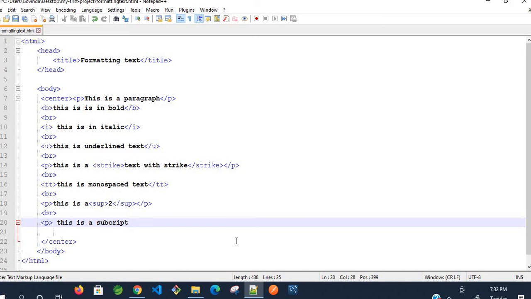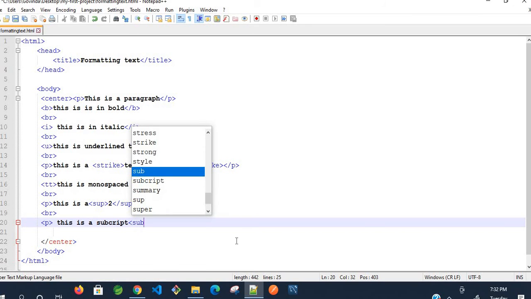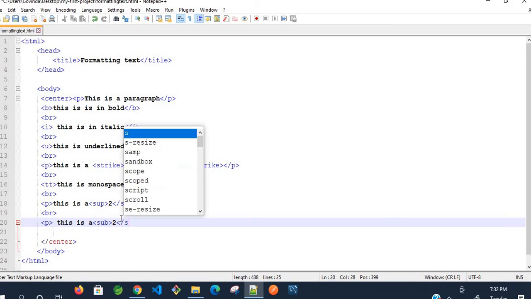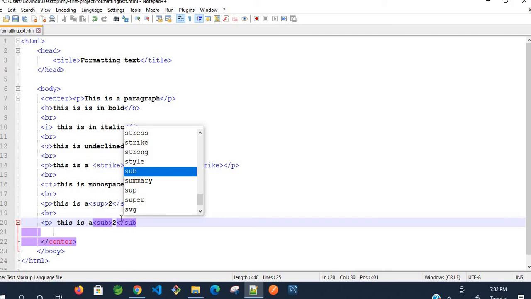Okay, here in the subscript what I want to give as 2, the same 2 I want to display here. I will remove this text, this word, so that we'll get the difference between superscript and subscript. Just close the subscript.